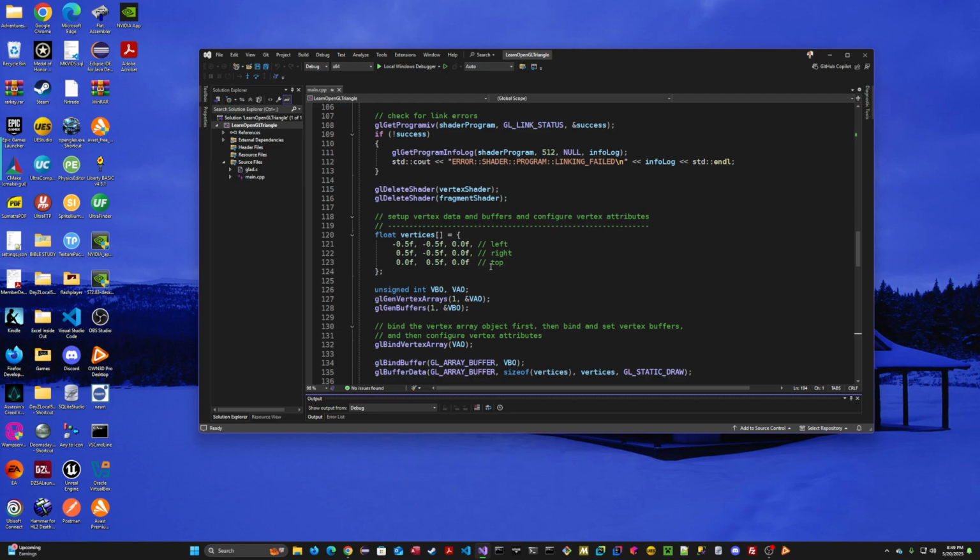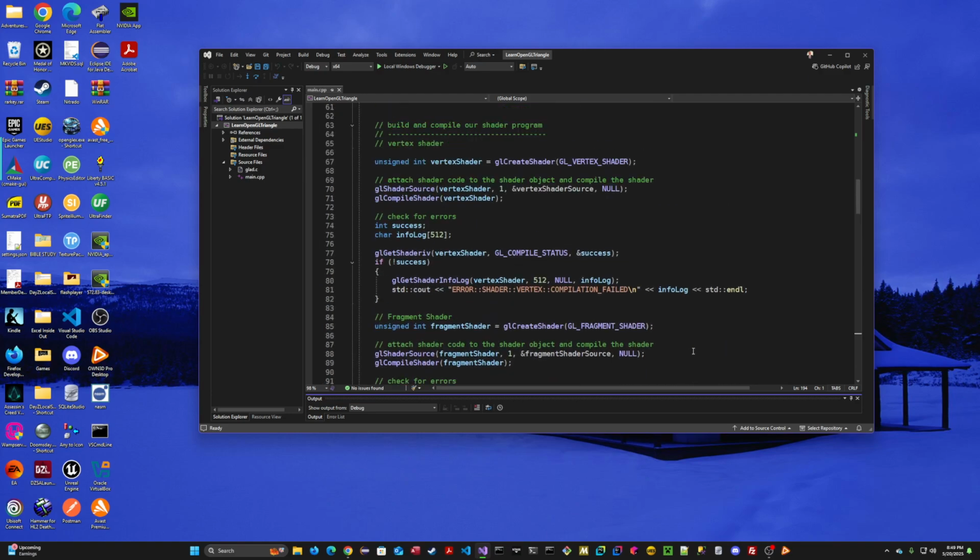This is the left point, the right point, and the top point. And it's really weird that it's only using the numbers 1 to 0 to do that. And it translates it into the screen coordinates. It's kind of bizarre, but